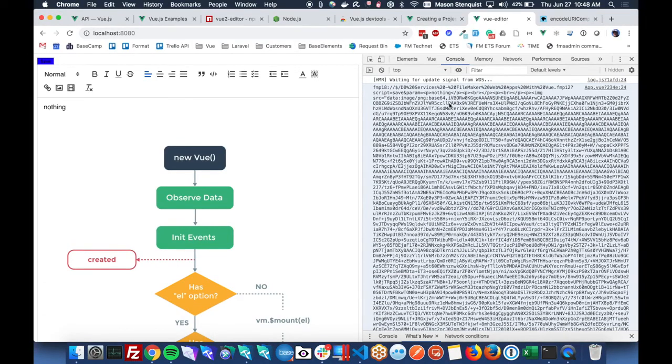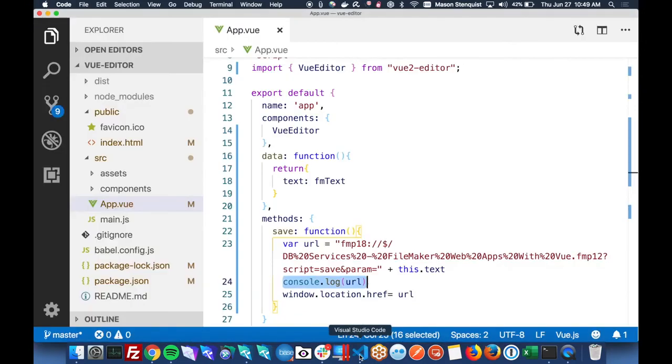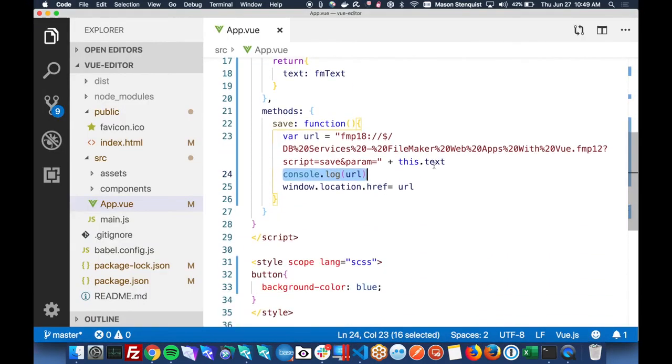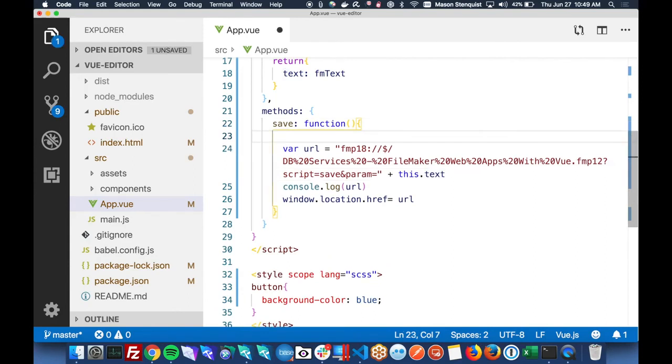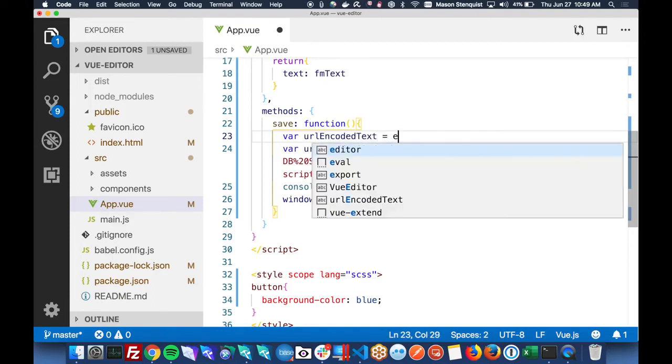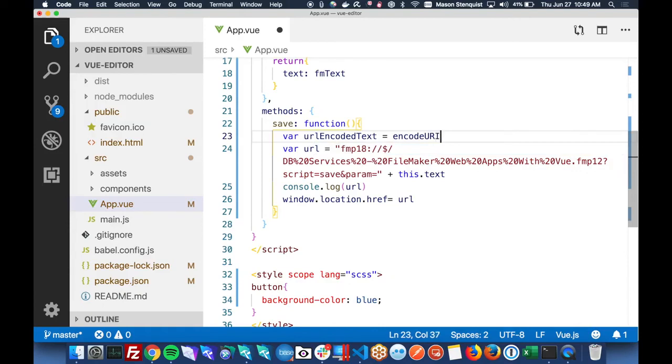So my guess is that we're having issues with these quotes and stuff. So we're going to need to URL encode our text before we pass it through. So we'll make var URL encoded text equals, and we can use the encodeURIComponent.